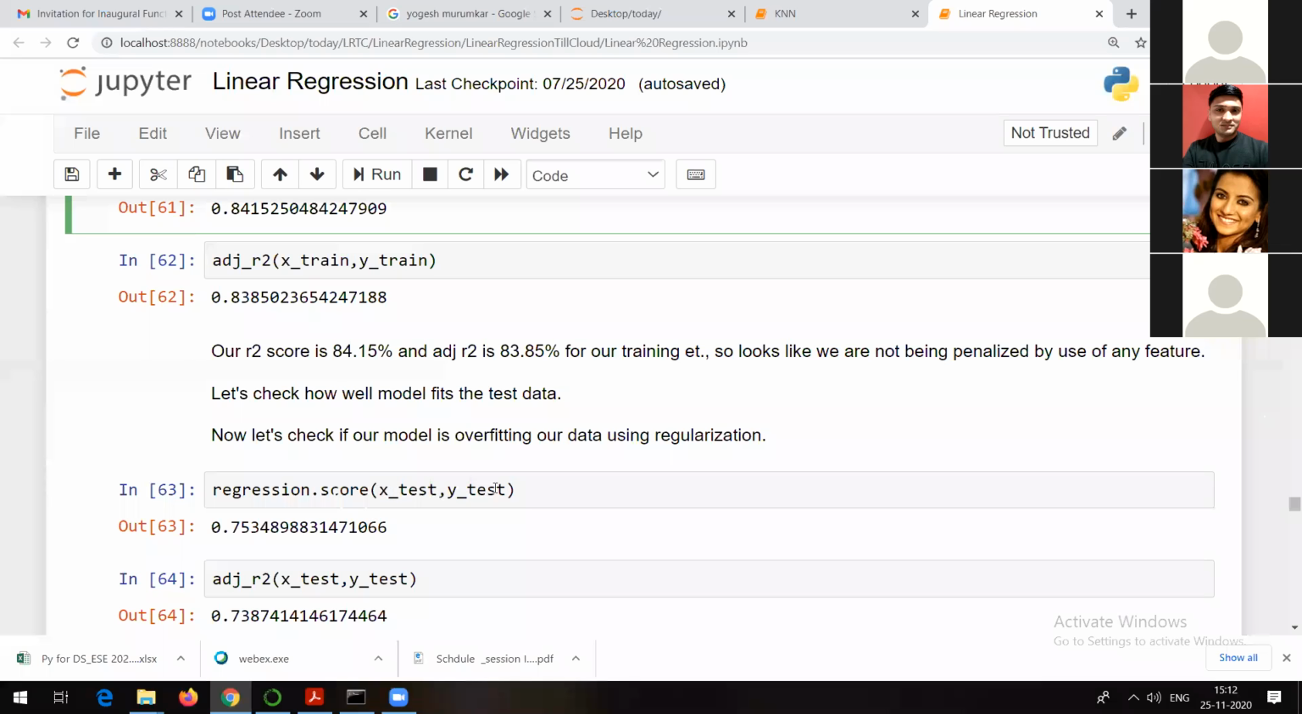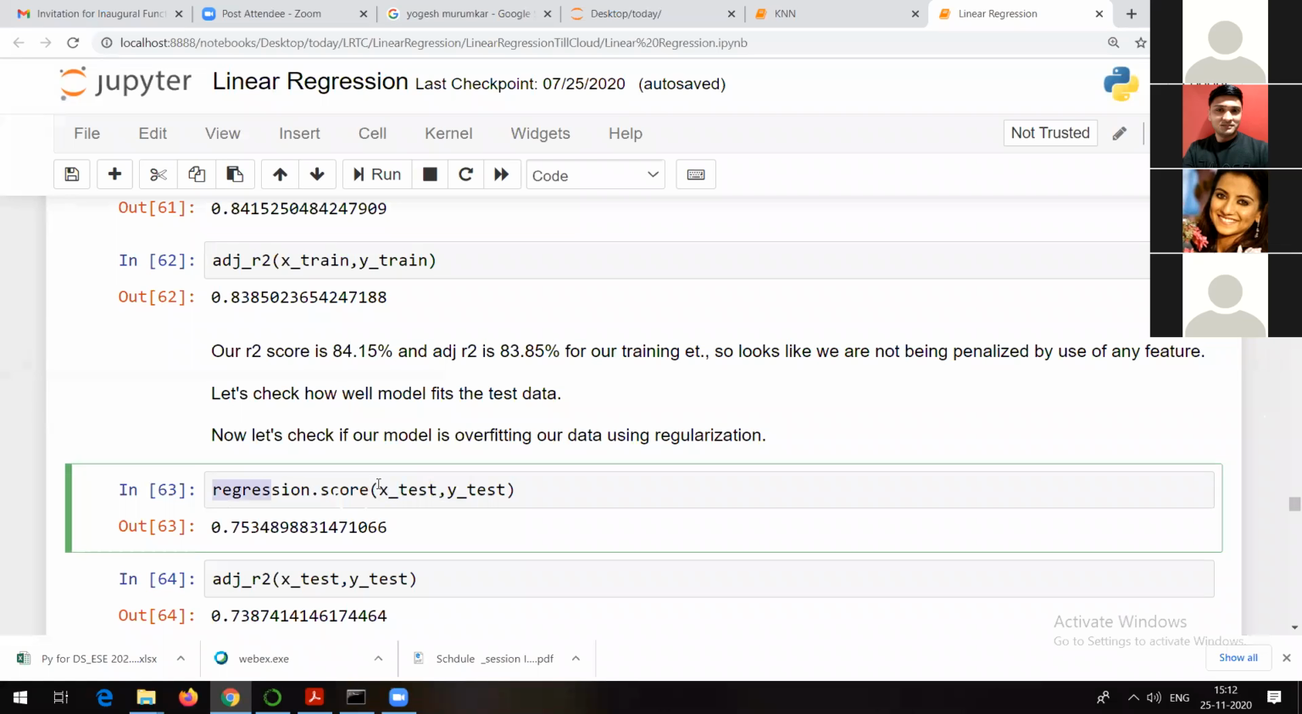But for testing, if you check the value of the R square statistics, like regression.score, it is 0.75. That means 75% is the accuracy for testing data, and adjusted R square is 73%. Now, if you want to improve the accuracy, there is a concept called